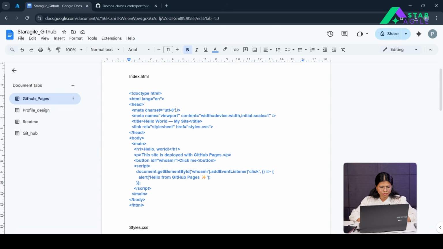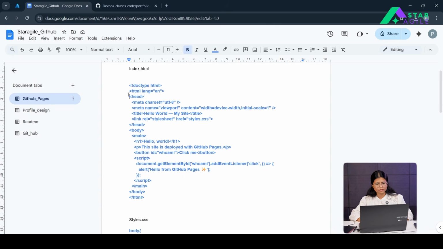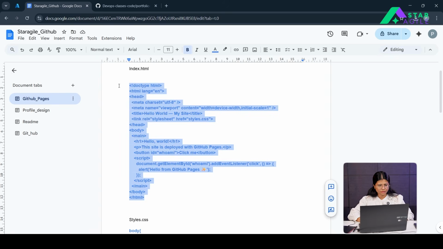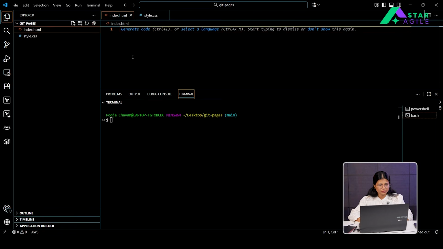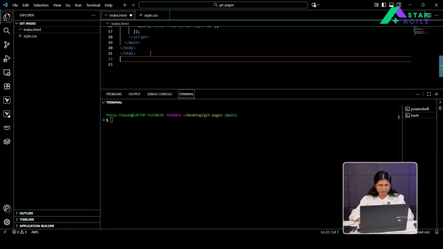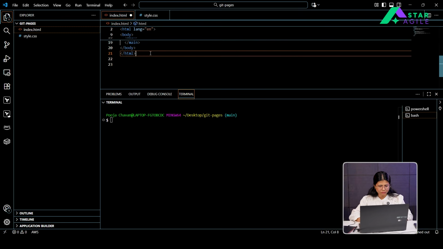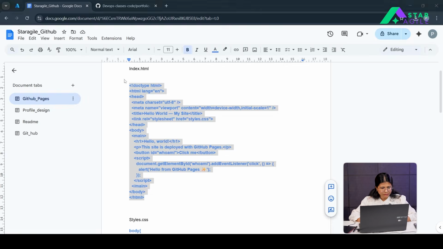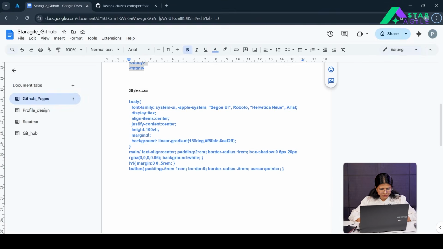I guess the students who have already watched the previous video, I have already told you that the code is given in the description. So this is the same. Why am I giving the same? Because you should not get confused with multiple files. So I am giving the one such that you can test it on your repo. The next code I am giving is the other one, that is style.css. So I'll give this code